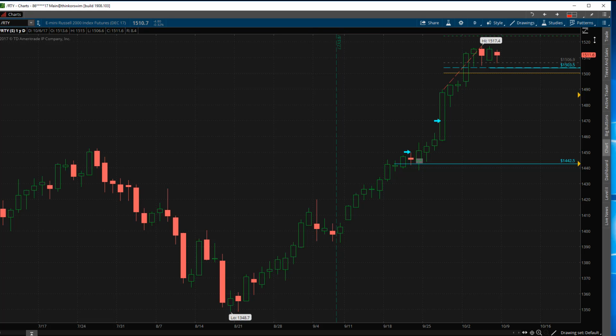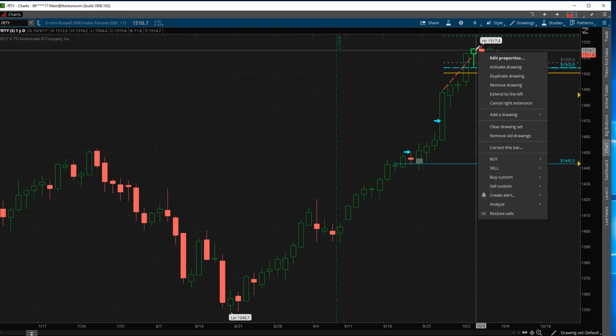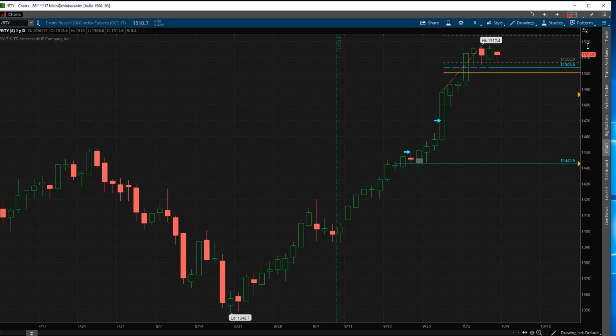Just taking a very quick look at this daily chart, it's pretty obvious to see that the Russell is in an extremely aggressive bull trend right now. And up until recently, this is really the first time we have flagged higher here. Almost every single day inside of this move had a higher high. In fact, in an 18 trading day period, only one candle was red. So we had one down day, one negative close over a period of 18 days. That's pretty incredible, and should go to show that the Russell is very, very strong here.